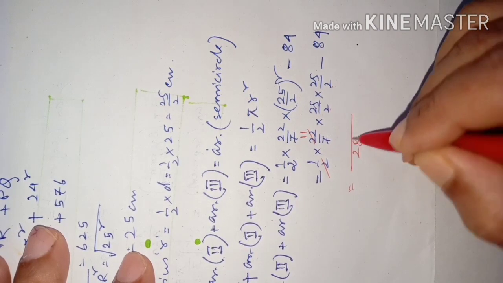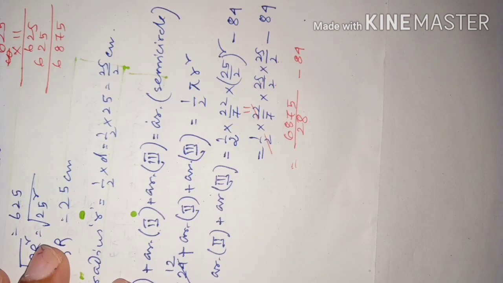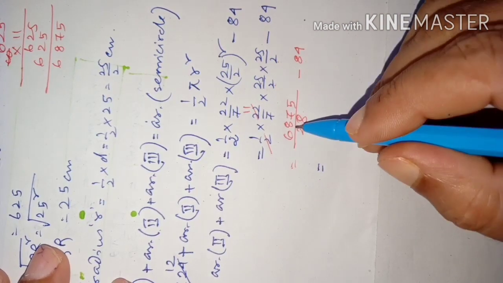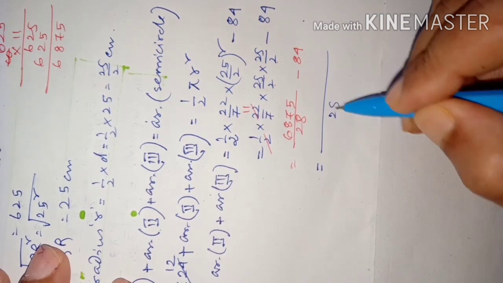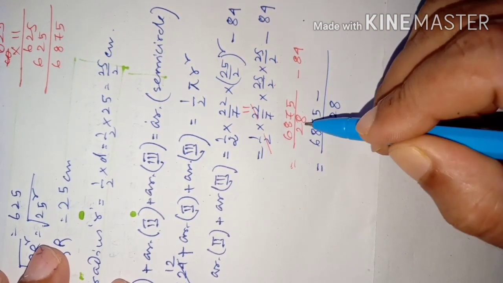So it will be 28, and multiply 625 with 11. Now we take LCM here. LCM is 28. Then 6875 minus 28 into 84